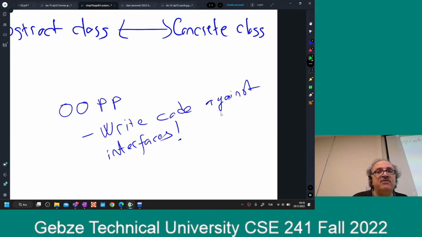Interfaces, or the pure abstract classes, are perfect ways for that because they don't include any information. Even if you like to, you cannot put the implementation in it. So you are dependent only on very abstract classes. Okay, so that's one of the rules of object-oriented